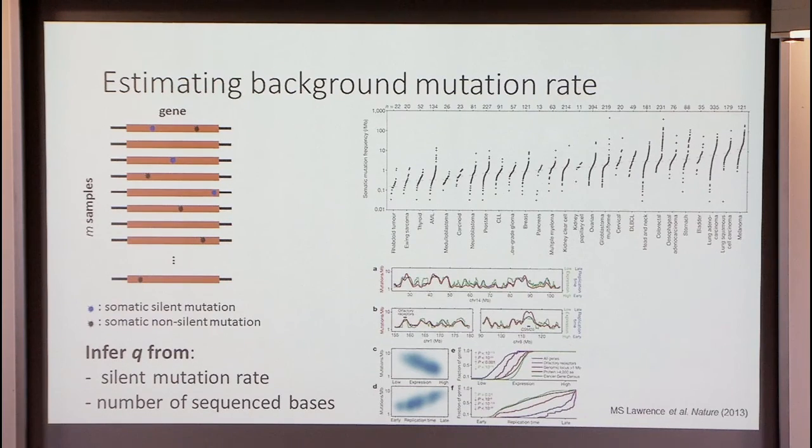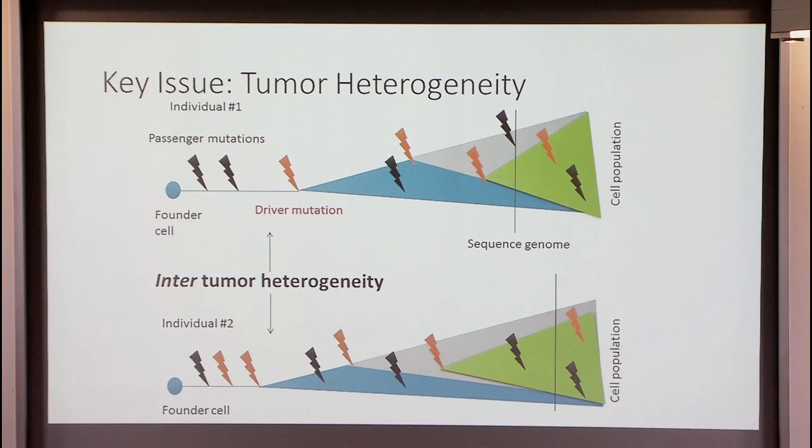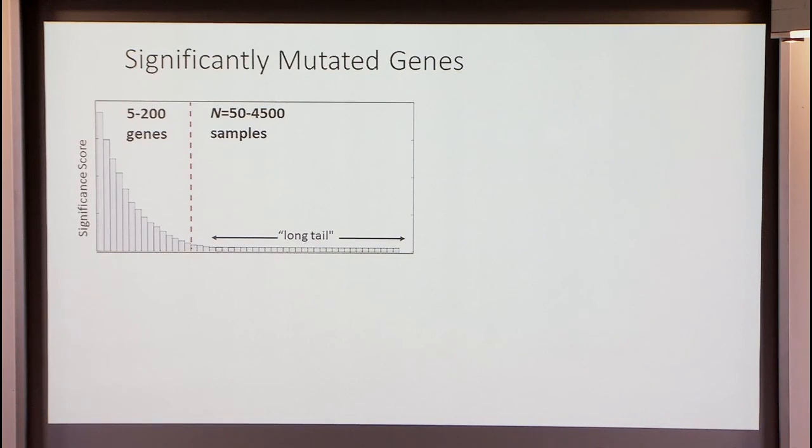Non-coding regions are still a little bit open in terms of how these models predict regions of the genome that are mutated more often than expected. But what happens in applying this model is, again, intertumor heterogeneity: this process of mutations accumulating in cells is occurring independently in each individual. These are somatic mutations, so they occur independently in each individual. They're somehow correlated by the fact that these two individuals have the same cancer type, but they tend not to be hitting the same genes as often as one might have expected.